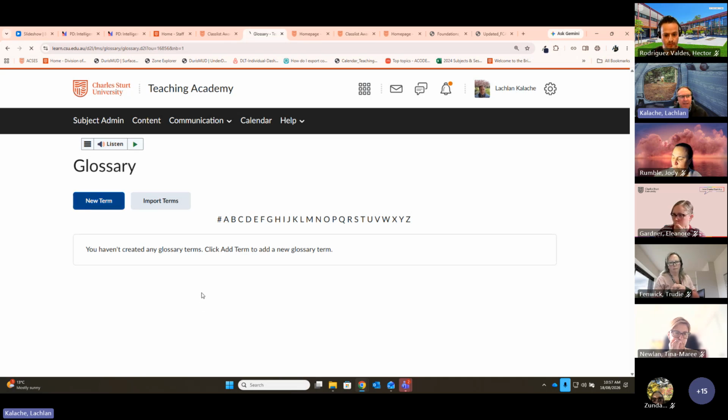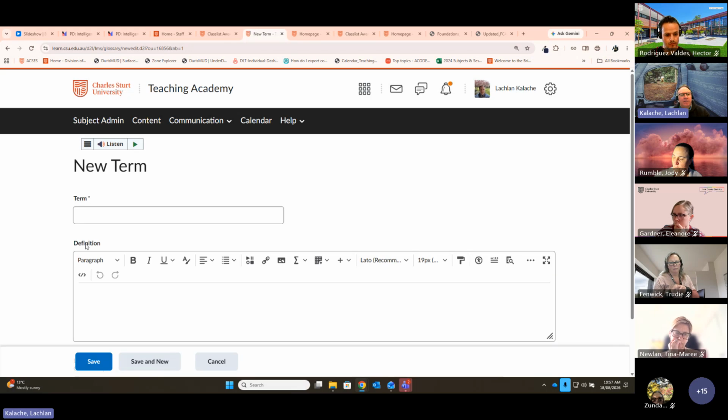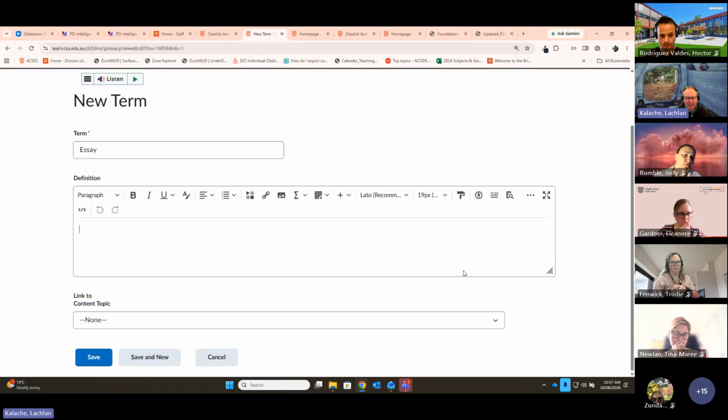So let's add a term in here. What are we going to put in here? I have no idea. Essay. Going to start with an E, and maybe there will be a description in here that says an assignment type thing. Can be as complicated as you like. In here, again, it's got linking to insert stuff, quick linking, other types of media embedding you can put in here,